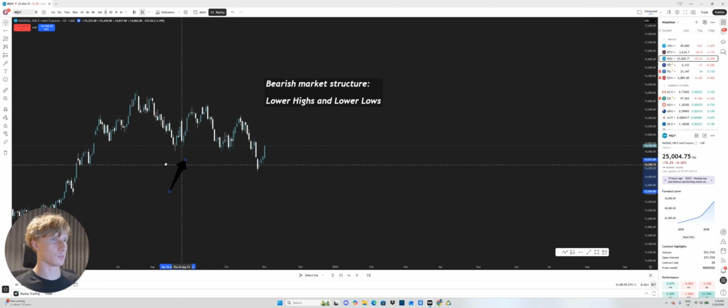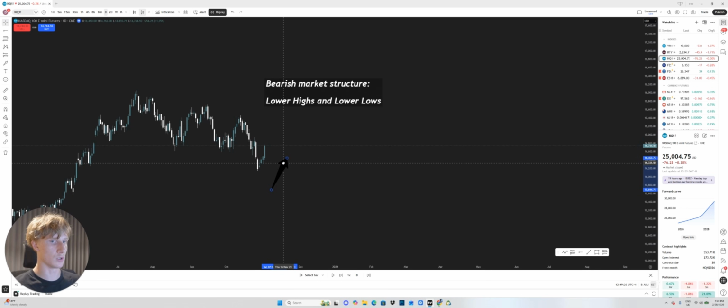So bearish market structure, we identify this by seeing lower highs and lower lows. So for an example here, we can see that we have a low. We then have a lower low, just about close below it. And then we have a lower low here. And here we can see that we have a high, we have a lower high, and we have a lower high. Now, as you can see, price came up a lot. However, this is the important thing: because we did not close above this previous high, that means that we are still in bearish market structure.